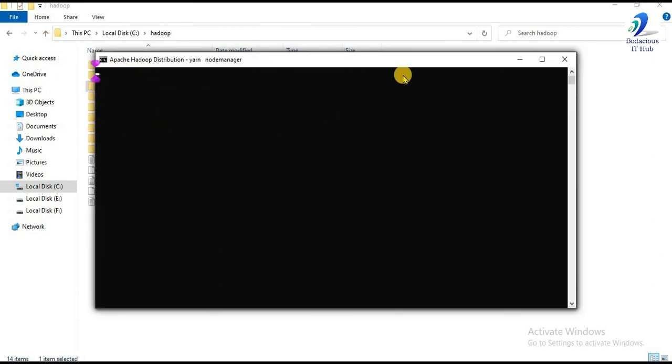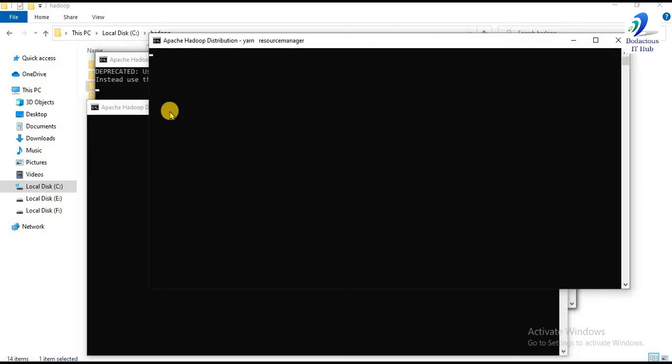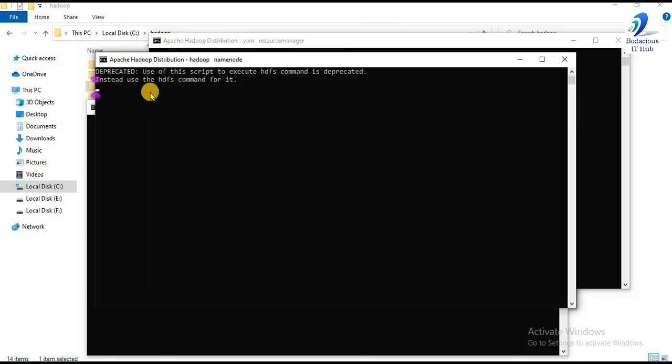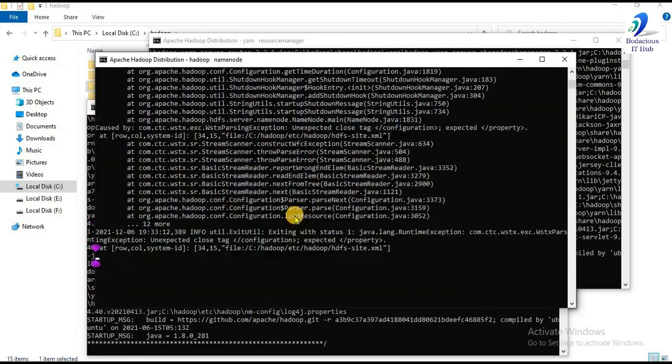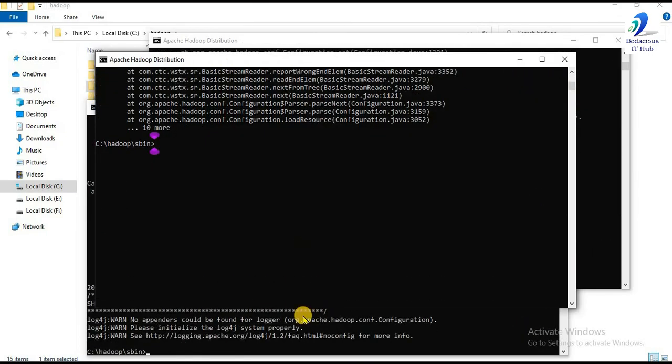Then such type of things will be there with various outputs. So here it is successfully verified that Hadoop is installed on Windows 10.